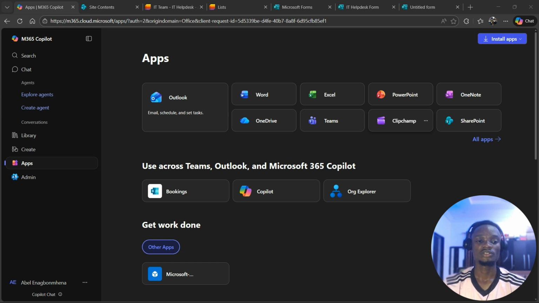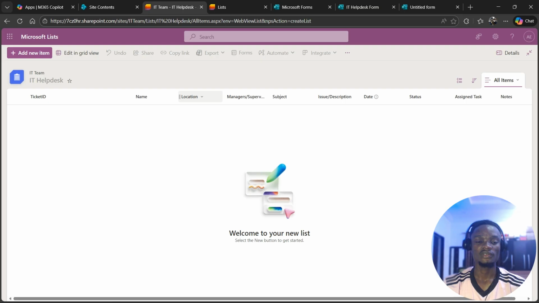So far so good. We've created a team for our general staff and we've added our help desk form to that team. And if we go back to the Office 365 side of things, we have our IT help desk created. That's our SharePoint list created for the IT, created under the IT team. So we have the ticket ID, name, location, the manager's email or supervisor, subject, issue description, date, status, assigned tasks,